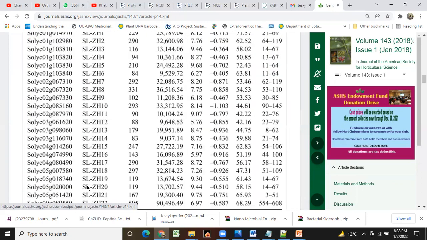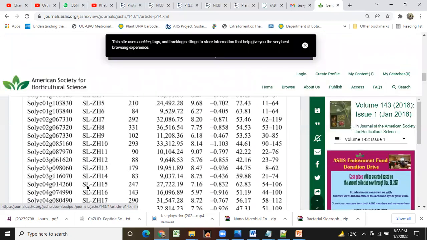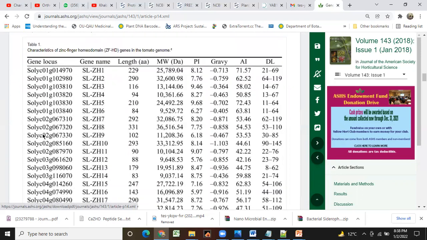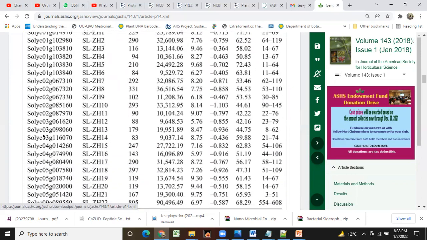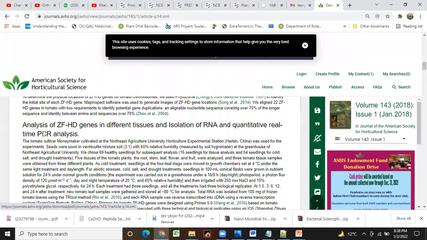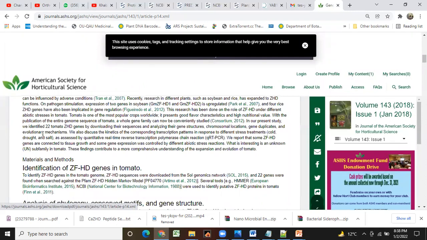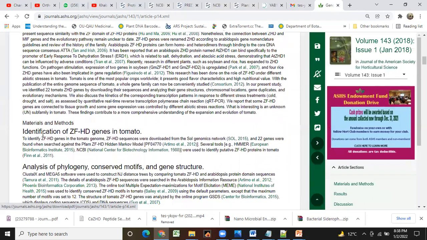So you will need these sequence IDs. I have no idea which database they used. They used the Sol Genomics Network. So they downloaded these sequences from Sol. 25 ZHD gene sequences were downloaded, and 22 genes were found when searched.